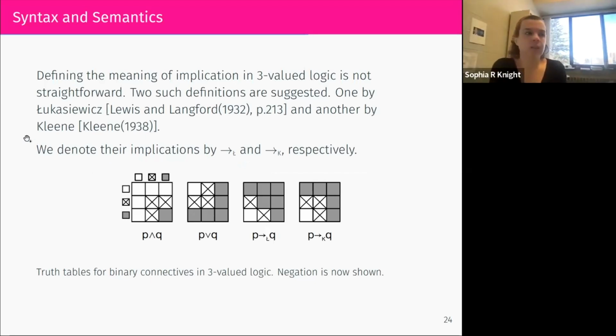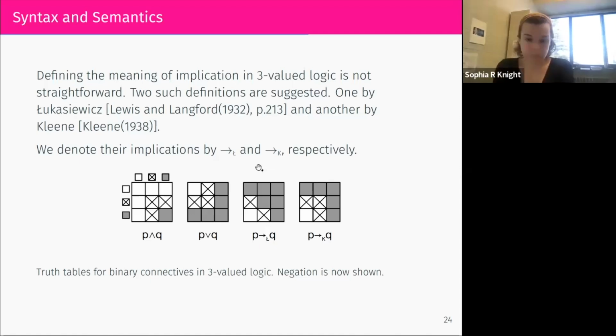So 3-valued logic is a logic where formulas can be true or false or something else. That something else may have different meanings based on the applications we have in mind. It might mean undefined, it might mean uncertain. I don't know what else it means, but possibly other things as well. So again, white is false, black is true, and then X is the other option. And and or, there's really only one way to define them that makes sense, kind of an extension of binary logic and or.